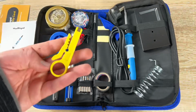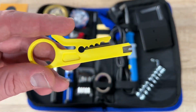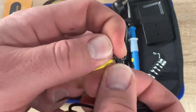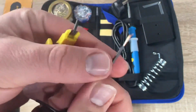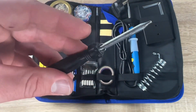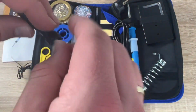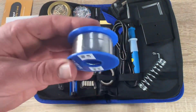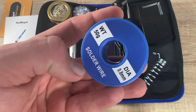Then we allow the solder to cool down a little bit. A good connection will appear smooth, uniform, and shiny. We make sure that there aren't any problematic gaps between the components or globs of excess solder. And then job's done. Then we will clean